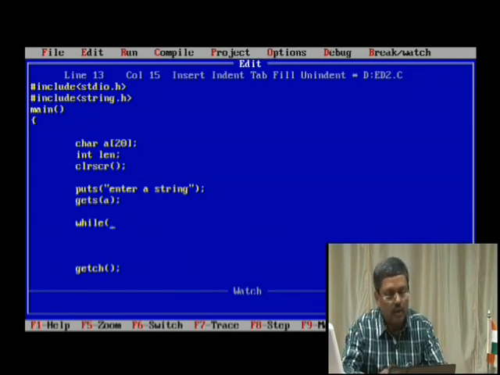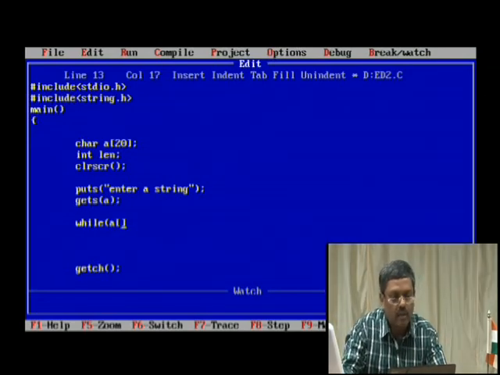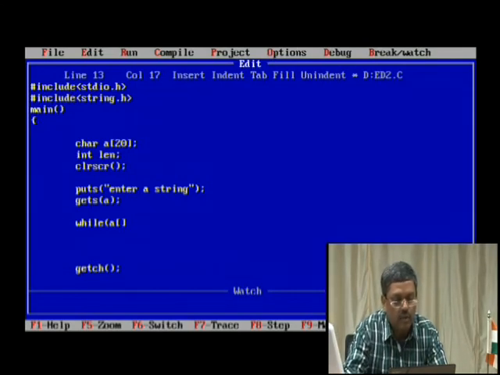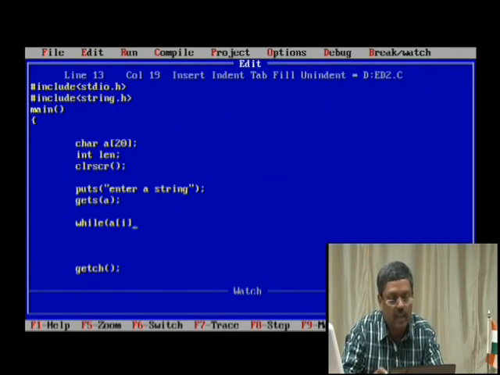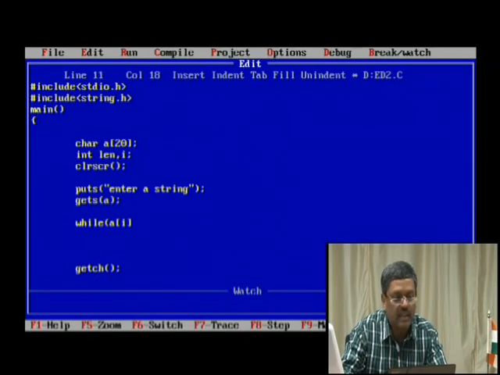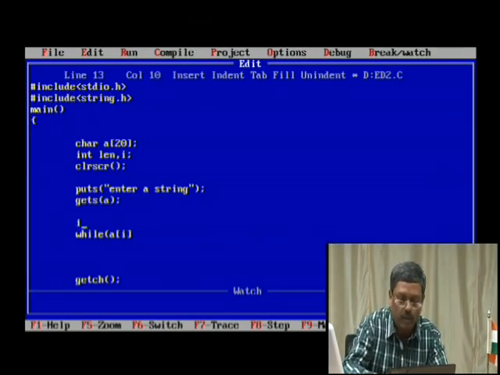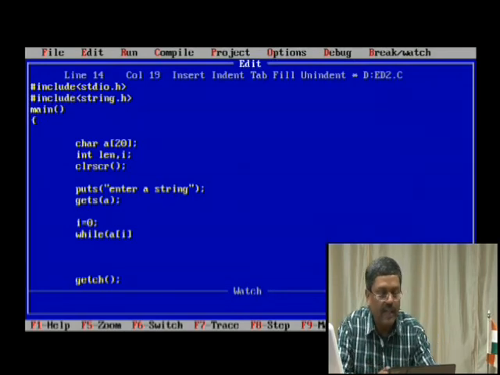So what is the character array which is storing our string? That is A. Then I need to have a counter. So I have to put I. Anyway I have not declared it, I will declare once I start making use of this. So A of I, that means a character array. Anyway let me insert integer, because it's an integer. Character array A is having some string, and the start point of that will be where I is equal to 0. This is very important, because it has to start from the first value. First value always will be stored at 0. So A of I means A of 0.